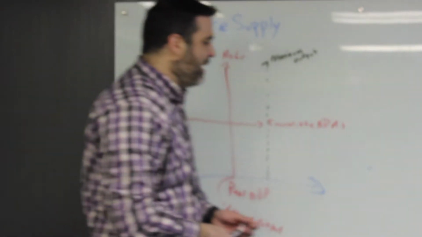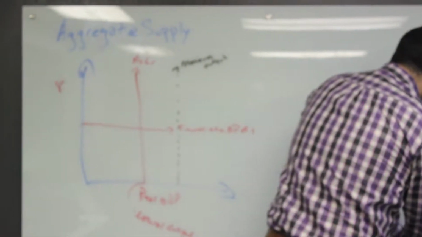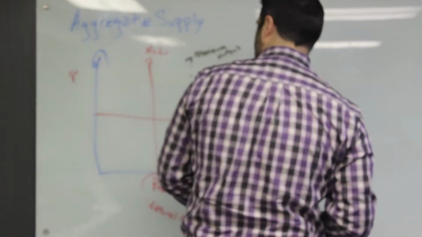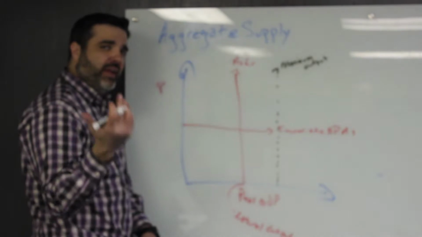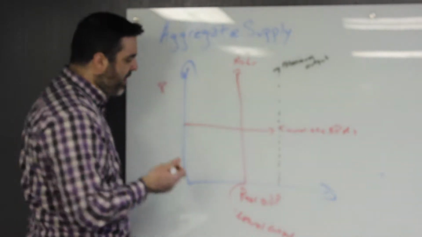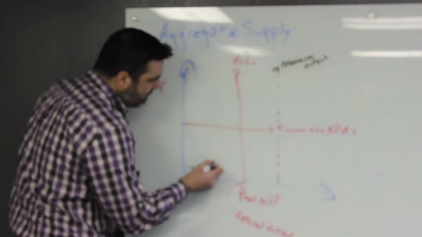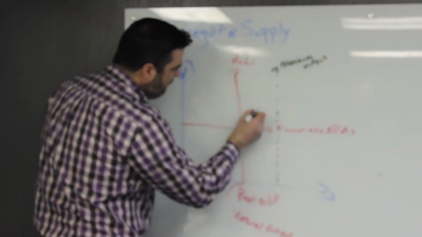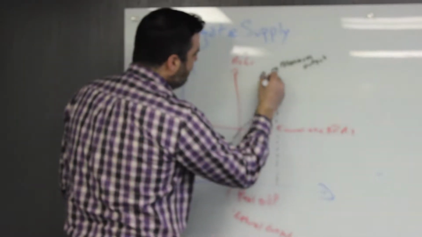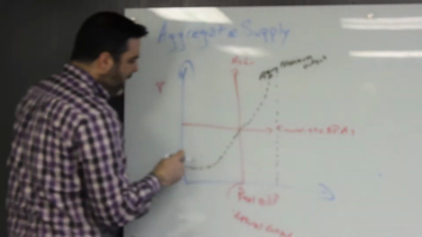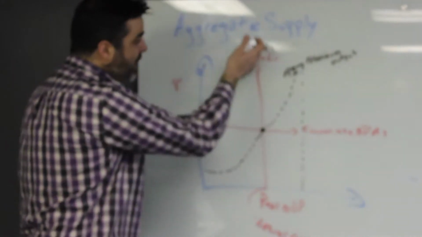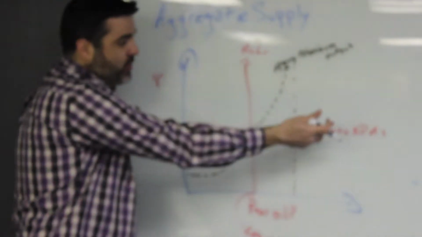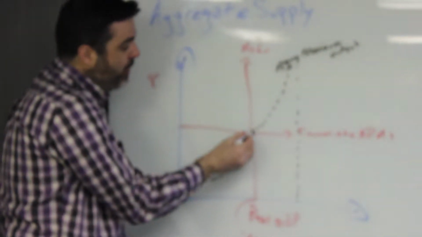So our aggregate supply curve, it's going to look, what color haven't I used? We'll stick with black. It's going to look a lot like a supply curve in the regular micro model. So it's going to be upward sloping, and it's going to look something like that. In an ideal universe, it's going to cross right where the long run aggregate supply and the immediate short run aggregate supply cross.